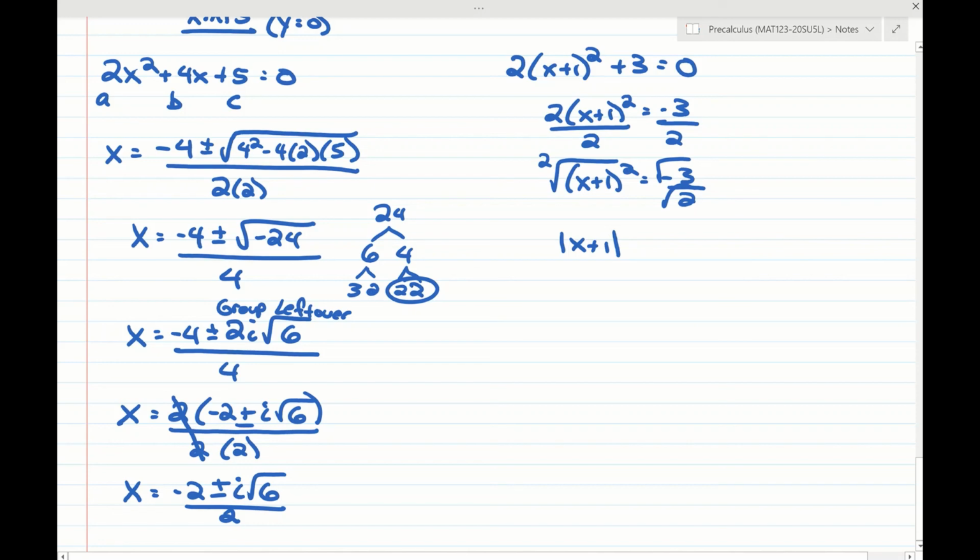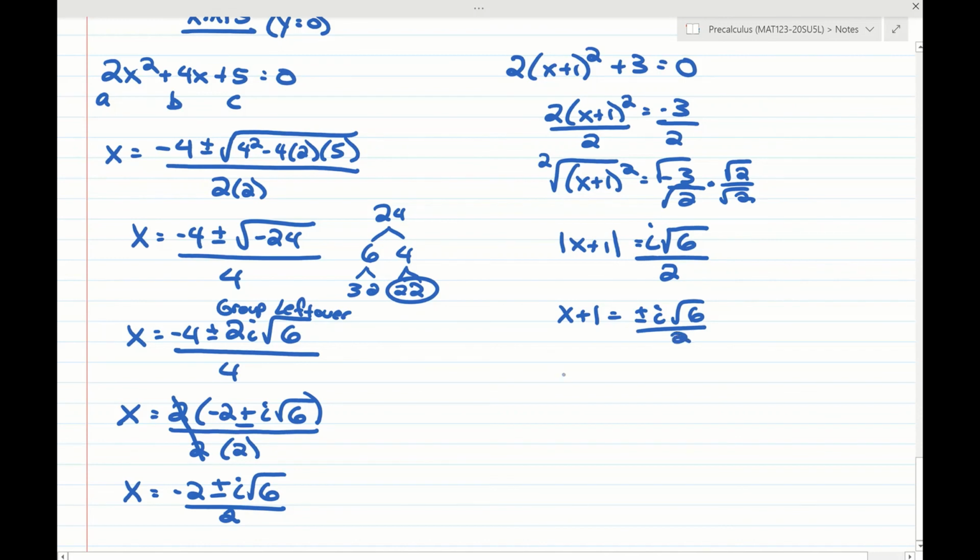So even, odd, we need absolute value. We are going to have to rationalize this, multiply by root 2 over root 2, and we get square root of -6 over square root of 4. We can get rid of absolute value by writing plus or minus,